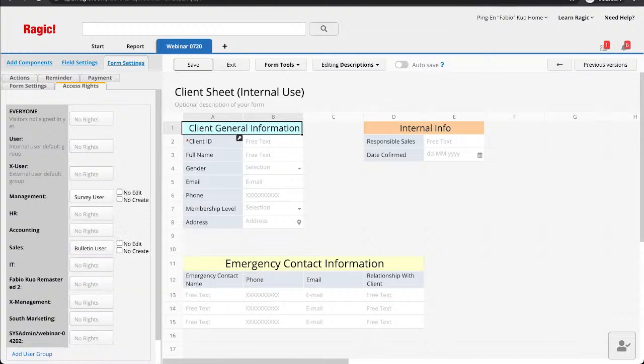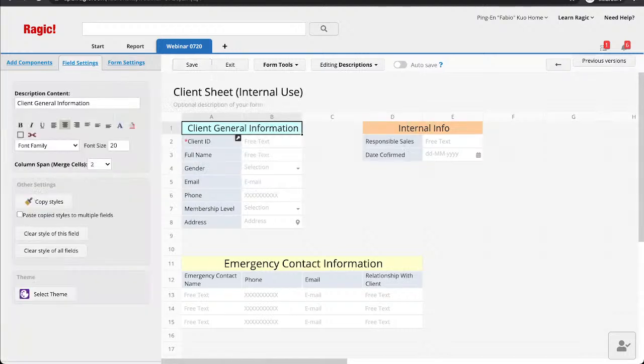And just for your information, users are added to user groups, and your sheet's access rights are determined by user groups. So what you need to do is add the user to a user group, and the user group will gain access rights to a sheet. And if needed, one user can be in multiple user groups. That is for you to basically do a better internal management for your access rights and users.